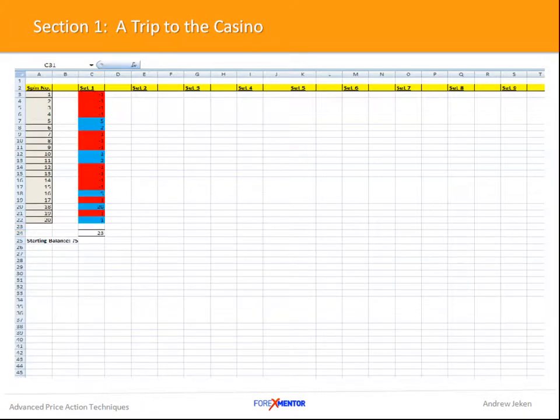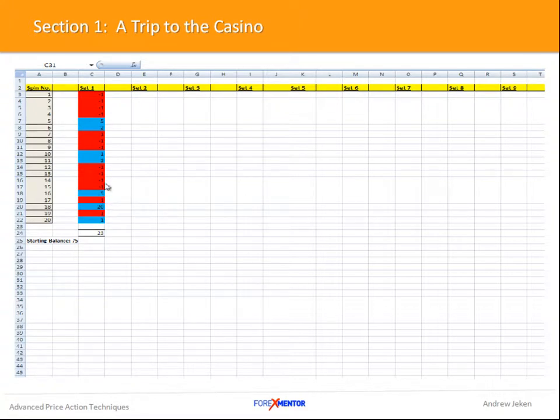Just having a look at this, I've added in the colors, the red to represent the losses and the blue to represent the winners. You can see we've had a bad streak of losers here, 4 in a row, 2 winners, another 3 losses in a row, 2 winners, another 4 losses in a row, winner, loser, winner, loser, winner.